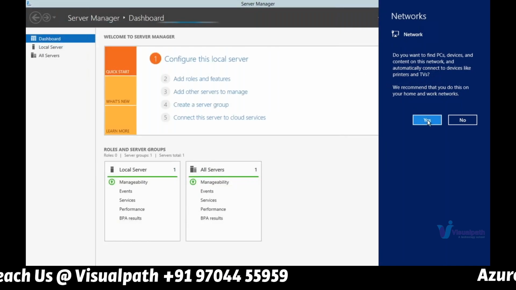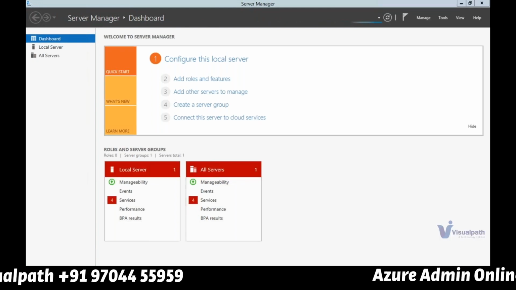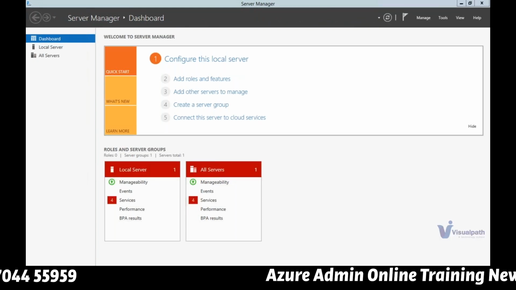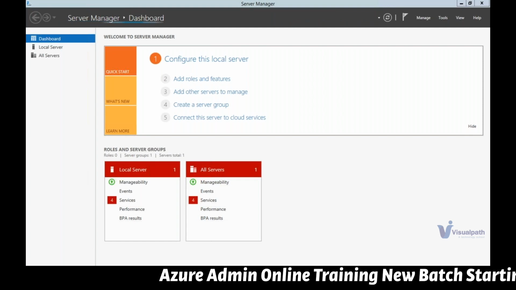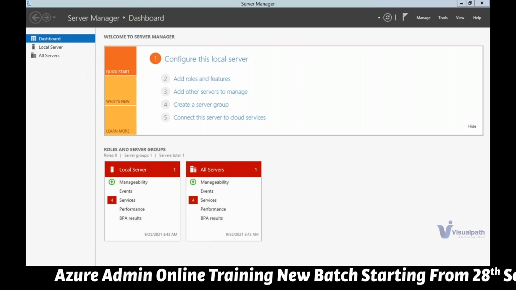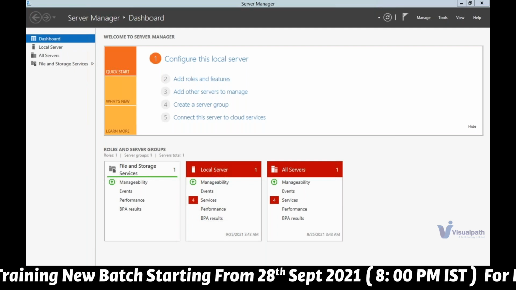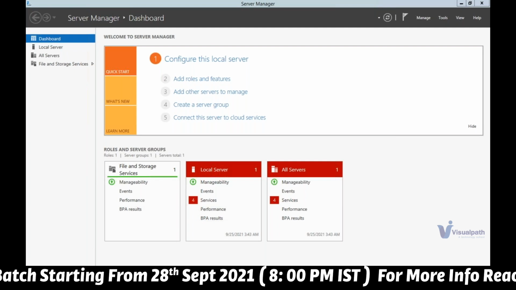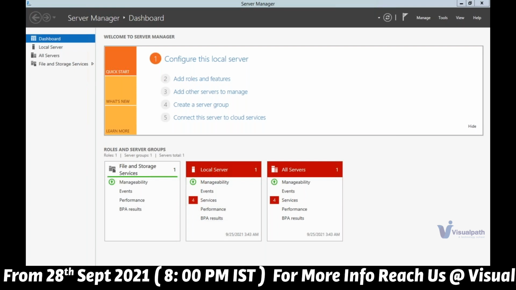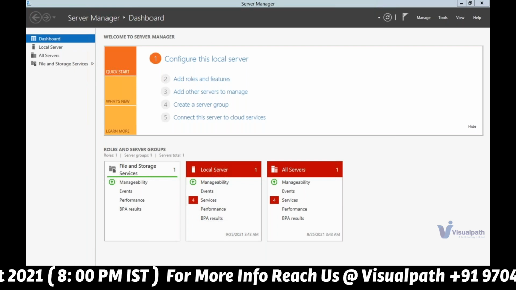Okay, now you can see how I've connected the machine. So in your on-premises environment also, if you deploy a virtual machine or any server, this is where you will be connecting to it, and from here you can install your application and host it. So this is how you will be managing your workload in Azure.